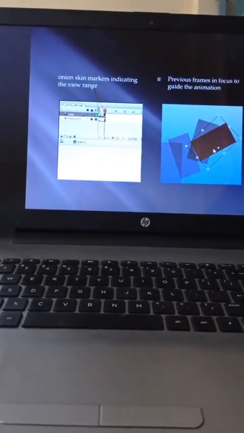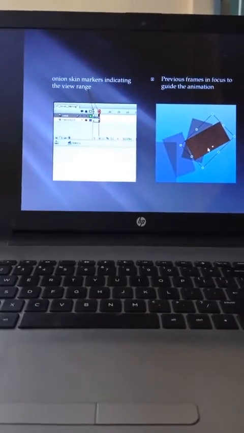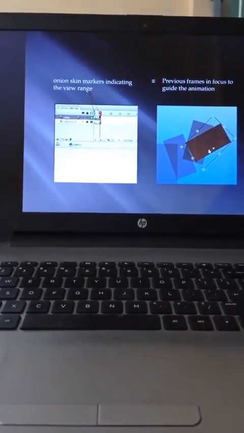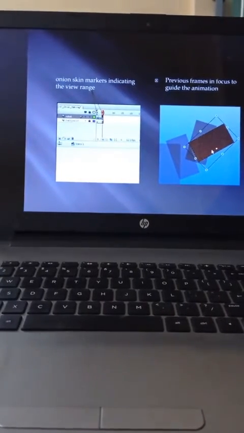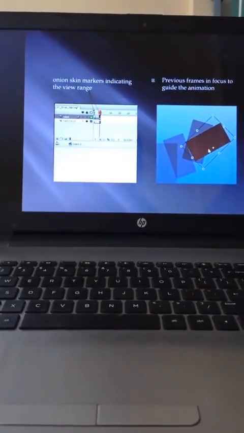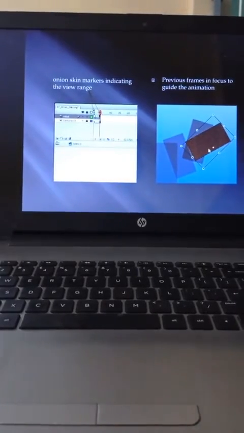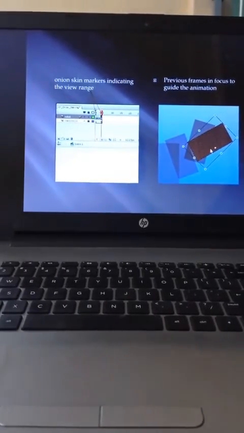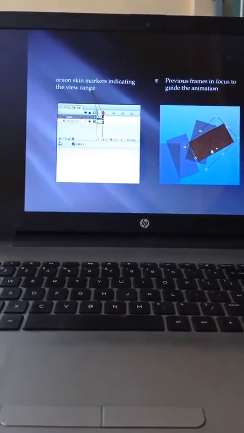When you create an animation using onion skins, first we open a new file, then draw a bird as shown. Then right click on frame 2 and select the insert keyframe option from the context menu. Choose the selection tool and double click on the animation image, then move the image slightly. Click on the stage to deselect the image.